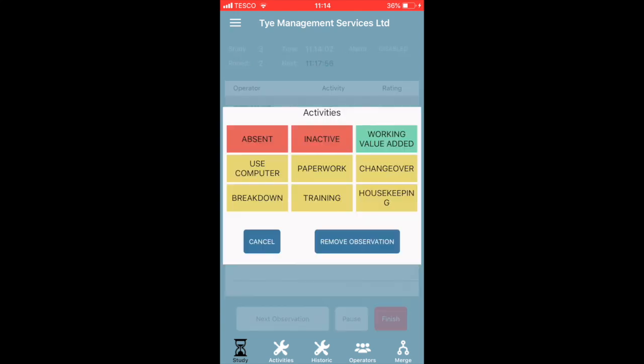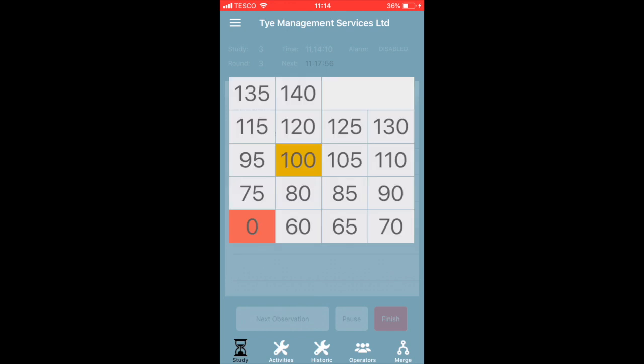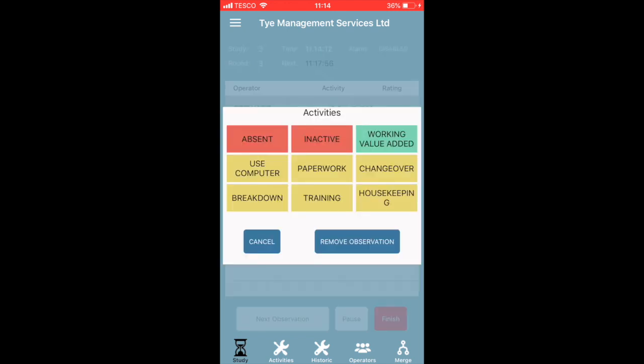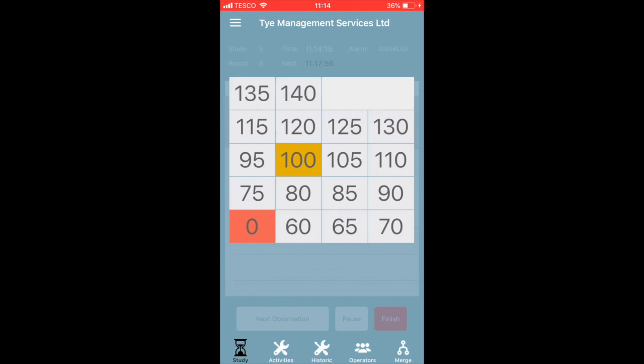If you click on an idle element, any of the red elements, it won't let you rate because you don't need to rate people who aren't working. So next observation, I'll just click through on these at random now just to show you something else,